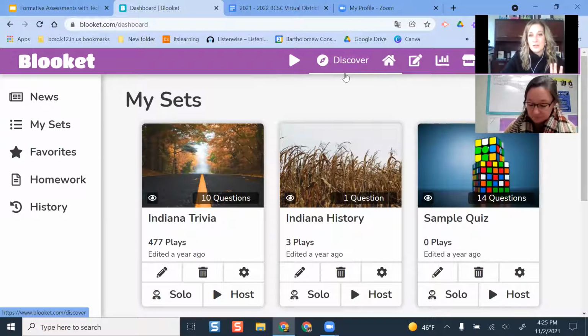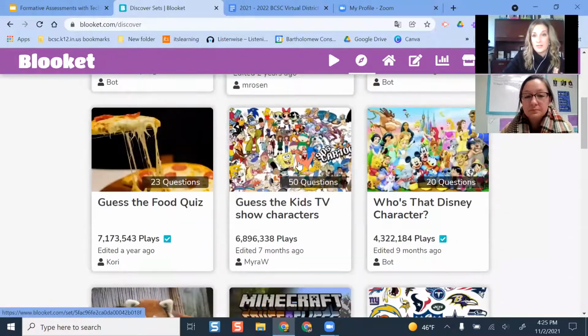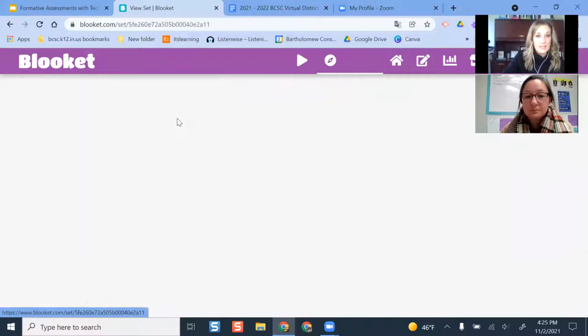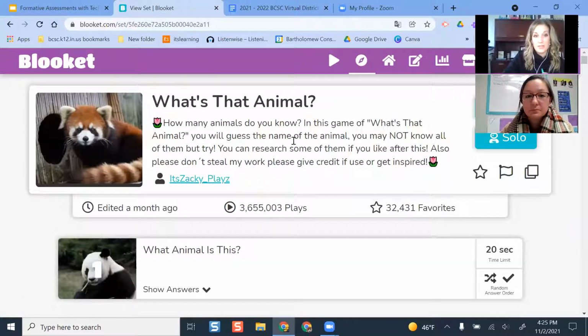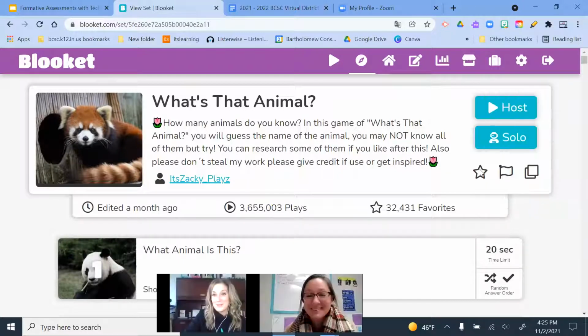On my teacher dashboard here, if I wanted to look and see what others have made, if I click discover, this is where I can search for all different kinds of sets that are out there. And if I see one that I like, this is 137 questions. Whew, that's a lot of animals. So if you really want to get to using this tool, go for this one. I don't know if personally I would copy this one,